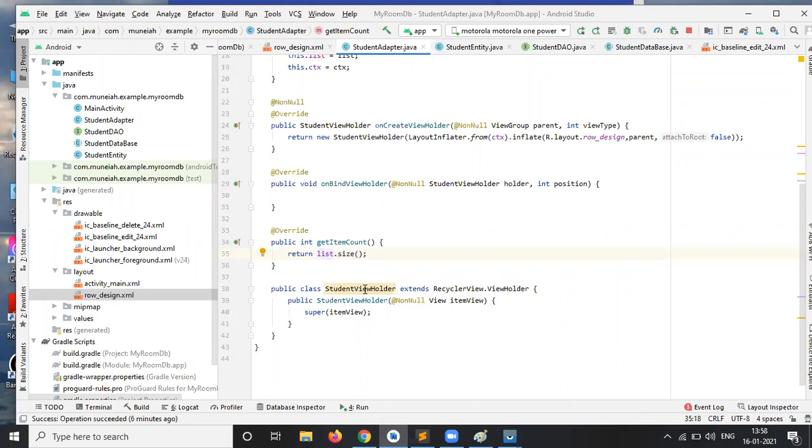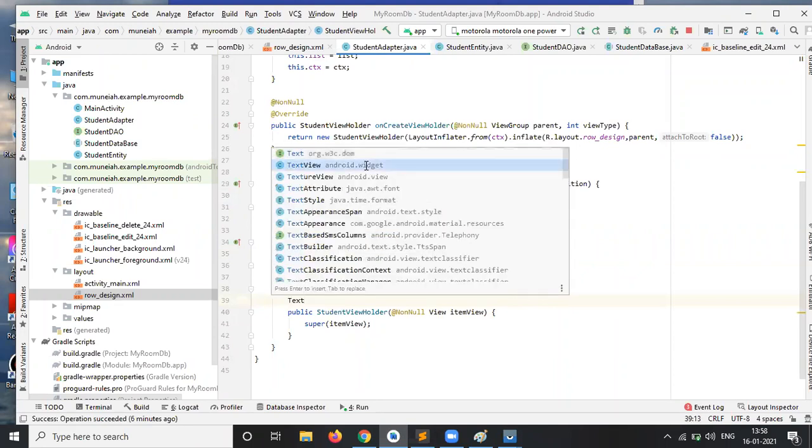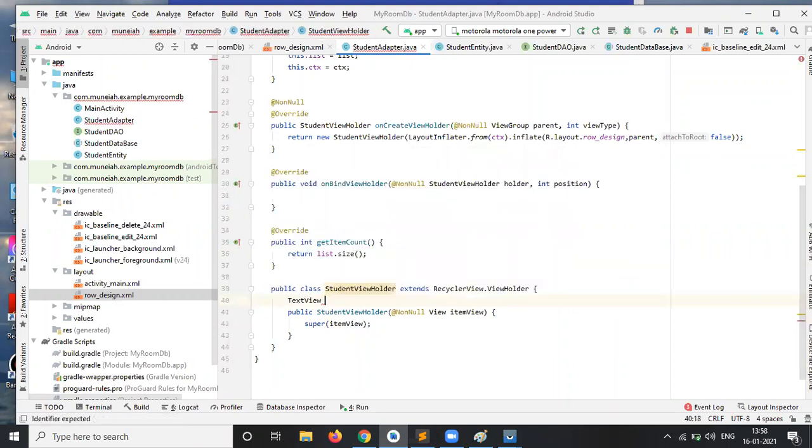Now come to the StudentViewHolder class. Within that, whatever TextViews we have in the row_design.xml file, you can just declare them.